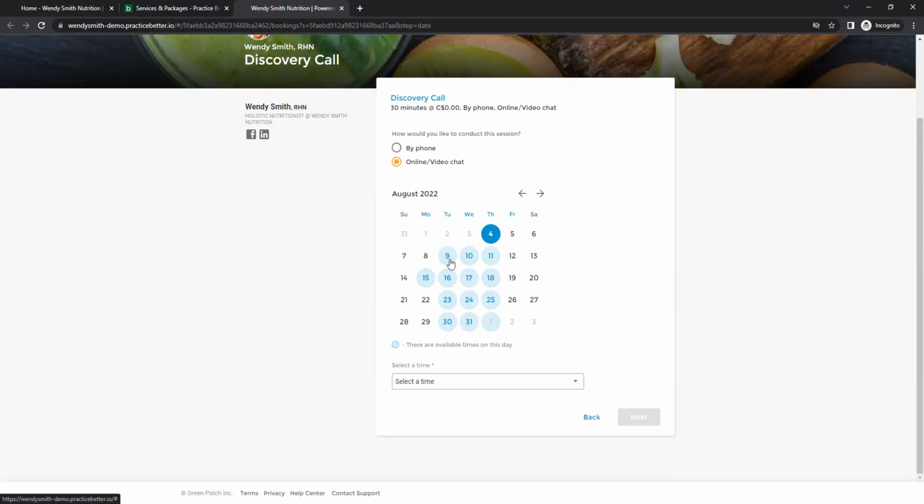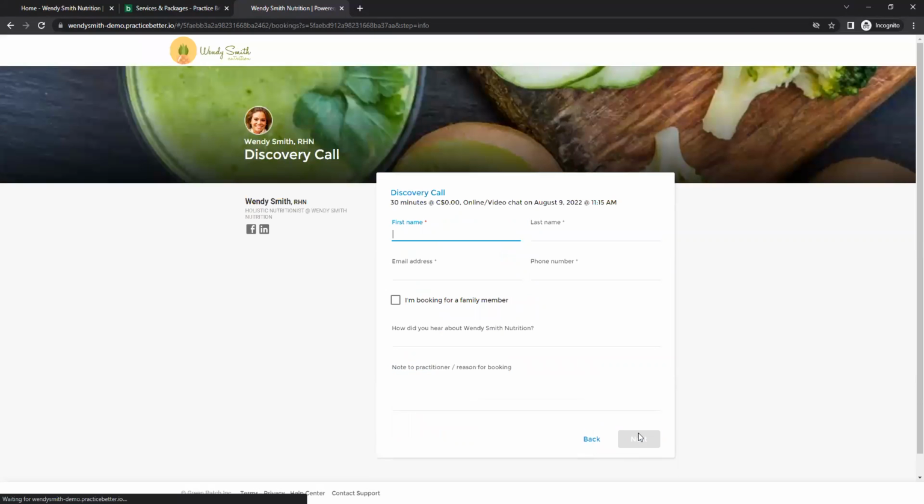So if they want to meet with me on August 9th, they click on that. And then they say select time, and then they'll get the time increments based on, again, how I set it up in my discovery call and if I have availability. So I can click on 11:15, click next, and then here's where they're going to just put in their name,